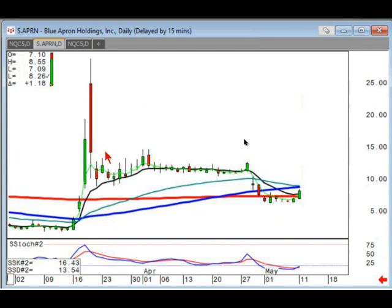Now here's Blue Apron. This is not one of the medical stocks, but look at your scoop pattern setting up. So where's your first potential target? Right in here. If you're buying at 8 and it goes to 11.75, that's still a decent percentage return just to come up to the handle. Then if this is a scoop with the slingshot effect,